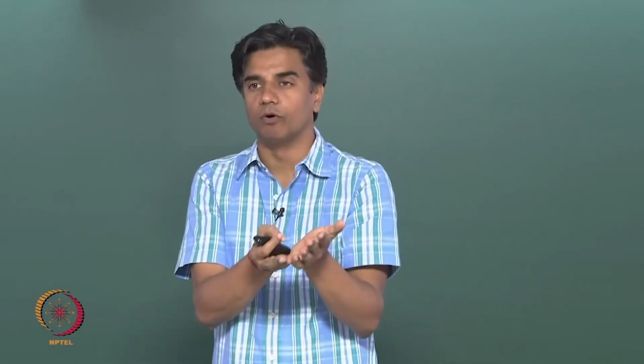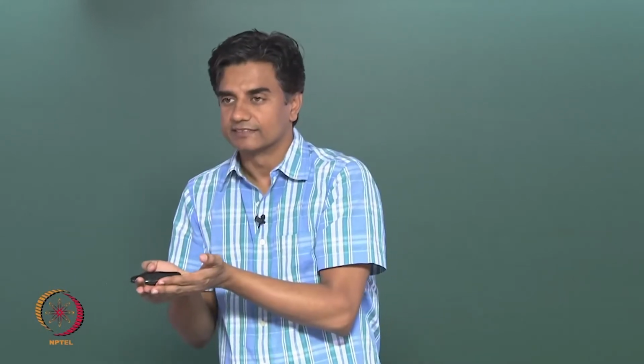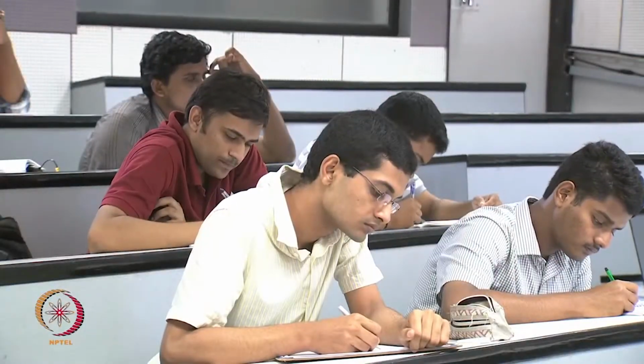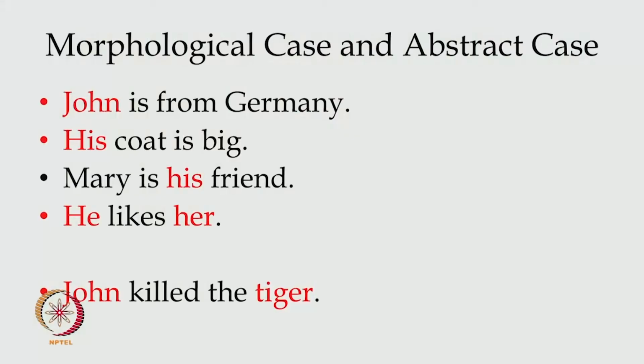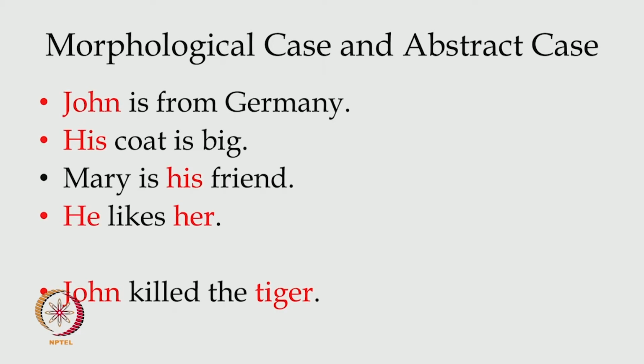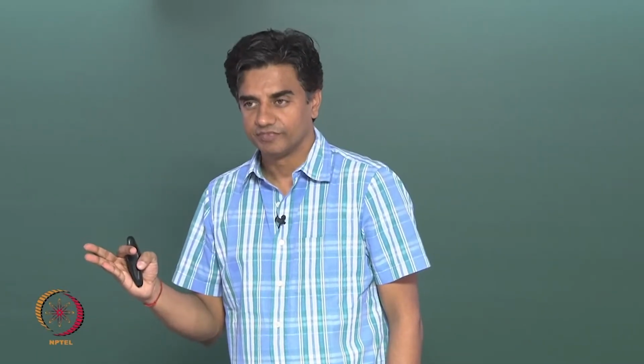So the NP in a possessive case must be in a different form than nominative case. John is in nominative case. Okay? His is a possessive case. Now look at the next sentence. Mary is his friend. Mary is nominative case. What about the other NP? That's a possessive case. So we cannot say Mary is he friend. Okay, and finally,